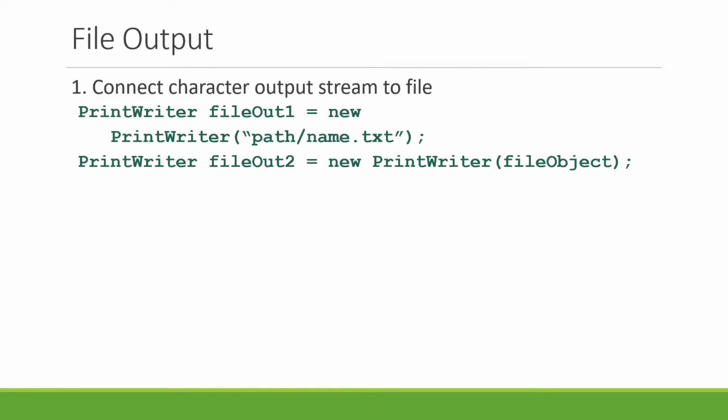Now, file output involves 3 steps, and we're going to actually code this in just a minute so you can see the 3 steps. So the first thing we want to do is connect an output stream to the file. We are going to talk about output first because we can't really talk about input until we have a file to input from. So we're going to create our file first, and then we'll use this in the next video when we learn how to input. So for just the most basic bare bones writing to a file, you can use the print